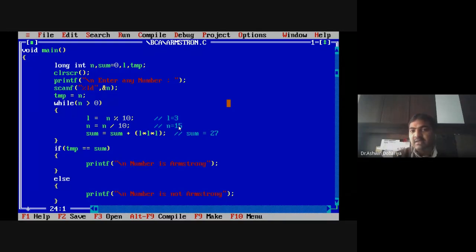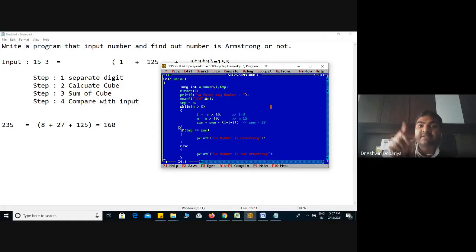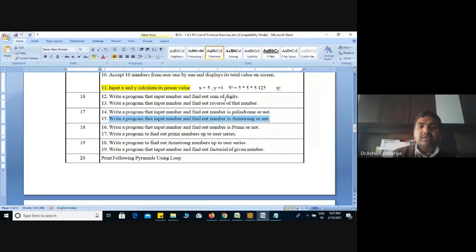At least you should understand the logic, how we can write all these programs. After that, you try yourself also. So all of you have to perform all these practicals on your laptop or desktop. So here, see, I have explained all these 4 programs.